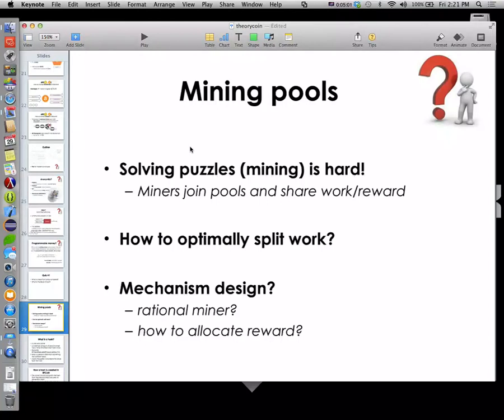And then when the pool gets the reward of 25 Bitcoin, in Bitcoin's case, that pool has a couple of different technologies that it might use to distribute those Bitcoins. So the fairest version of that is, 25 Bitcoins comes in. During that last 10-minute block, I divvy up the 25 Bitcoins to each of you based on the amount of work you put in, based on the processing power you contributed to that 10-minute block. So pools come in